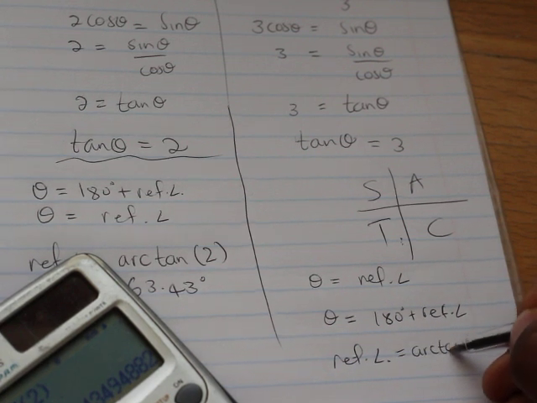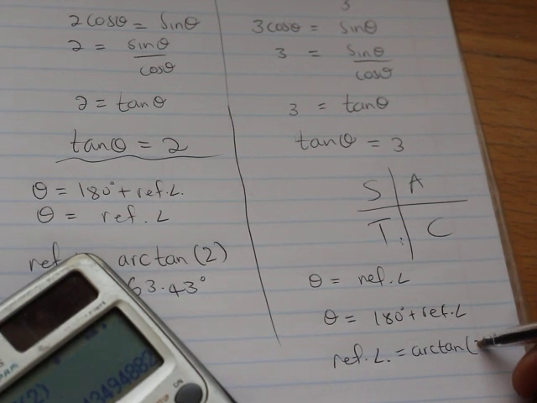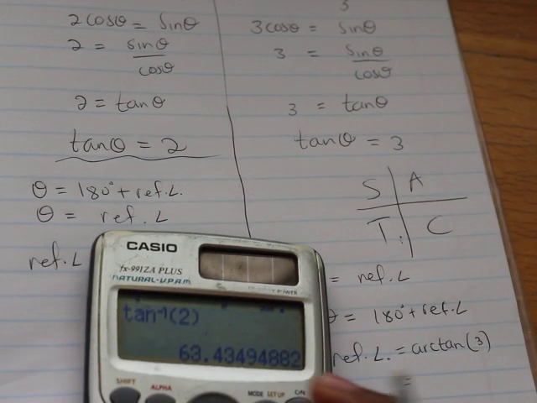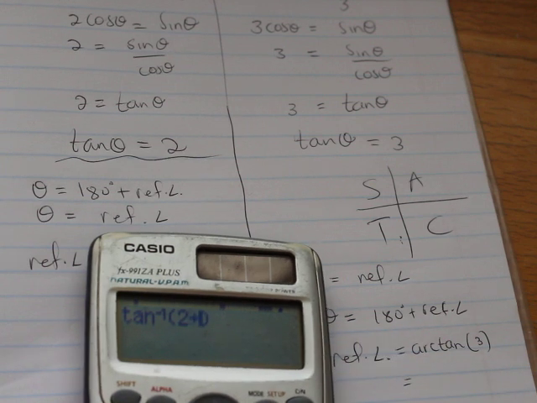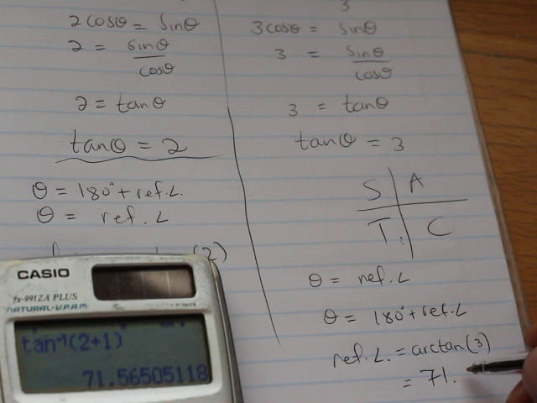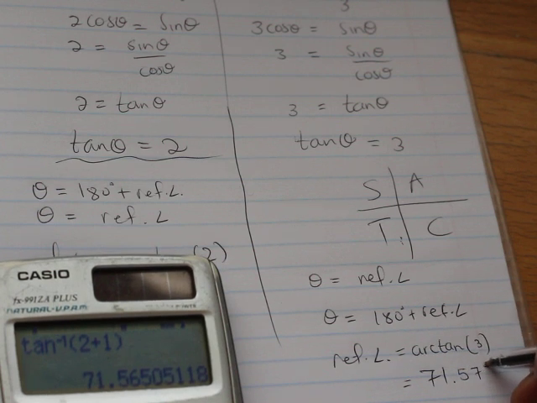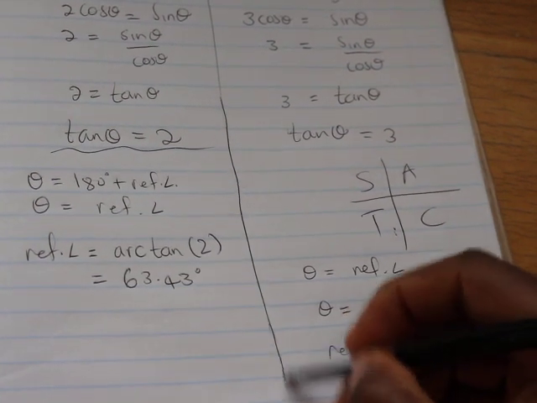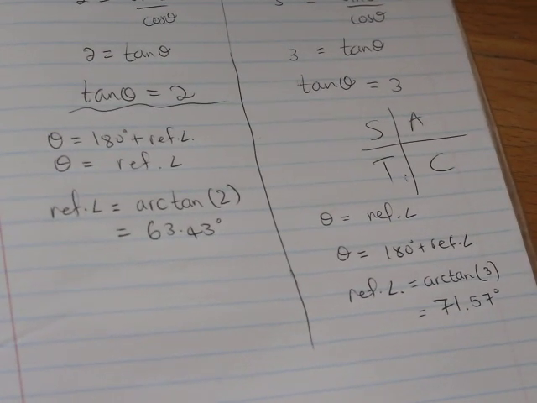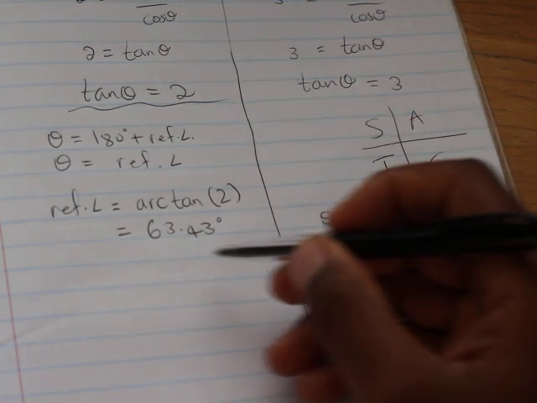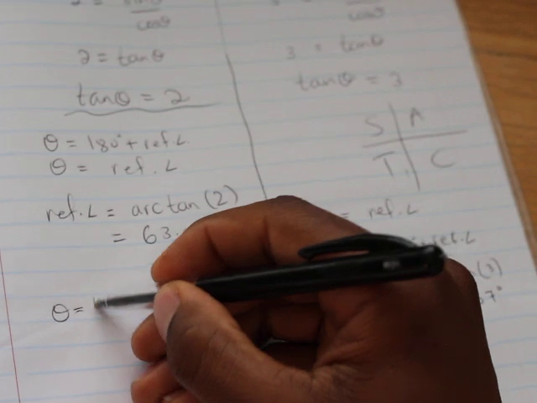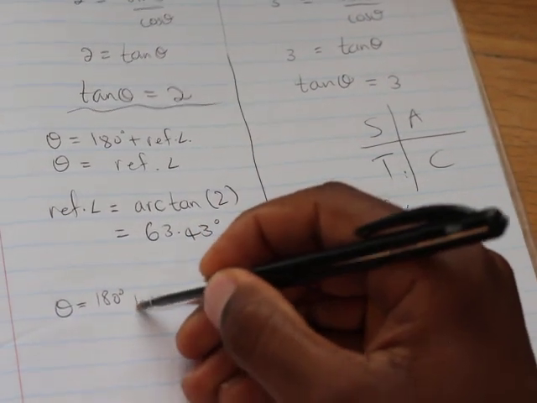The arctan of the 3 over there, absolute value of the 3, so we just remove the 2 there, plus 1, that becomes 3. Then our answer is now 71.57 degrees. Okay, beautiful. So we are almost there, although it's taking a little bit of time. But so now let's find the theta this side. So theta is going to be 180 degrees plus